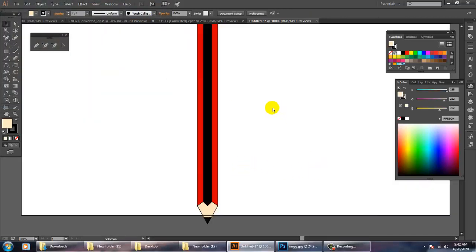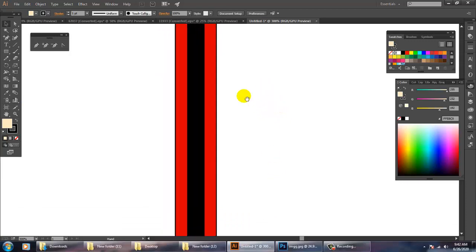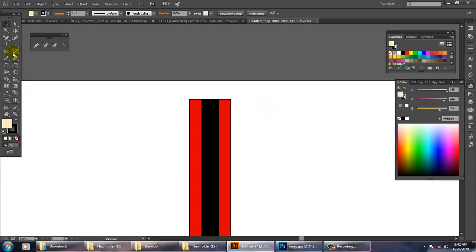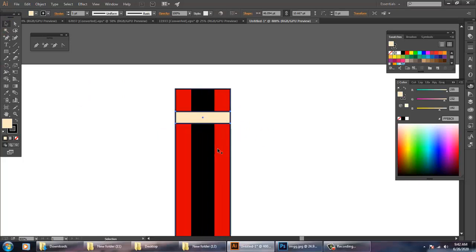So come to the top, zoom in. Let's take a rectangle over here. Let's take a rectangle. If we don't need the stroke, we can just remove the stroke.